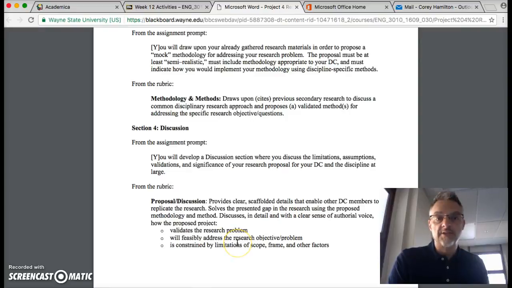And then constrained by limitations of scope, frame, or other factors. So in other words, as with any study or any research, you can't get everything in one study. So we acknowledge at this point that while we may have looked at this group of people, while we may have looked at this thing in a particular way, still more needs to be done. And obviously when you're looking perhaps at one group of people, or you only look at 50, or 100, or 500, it's only a small, representative sample. Okay, so we acknowledge those things and then talk about other factors as far as where we could go from here. Further research still needs to be done.